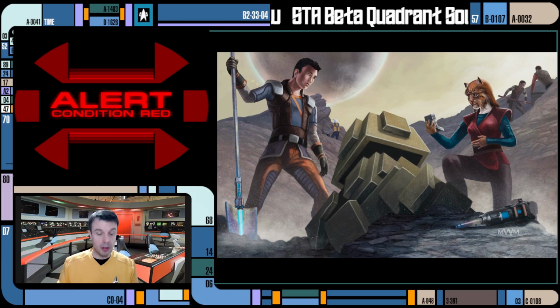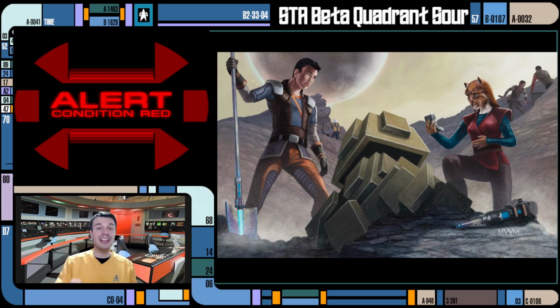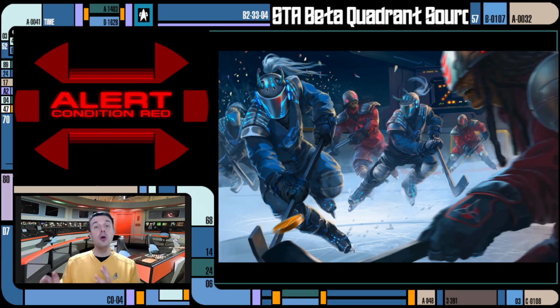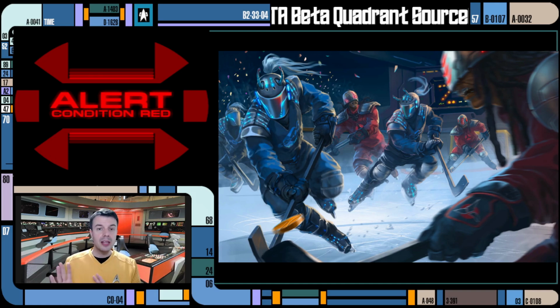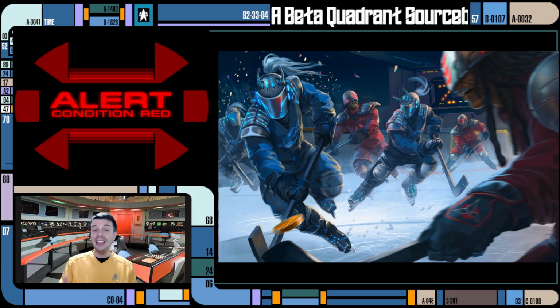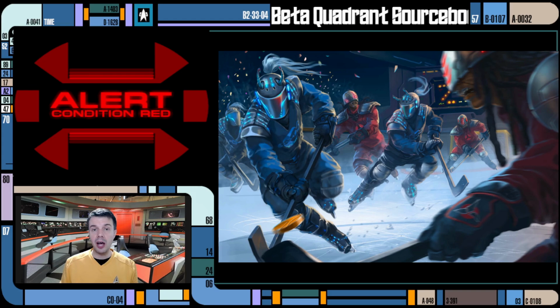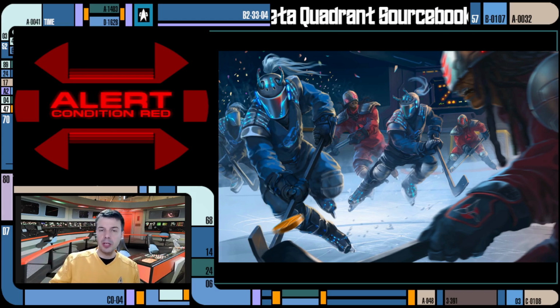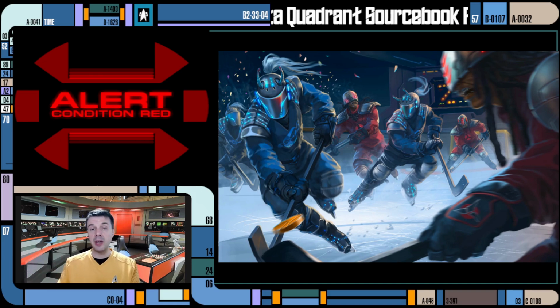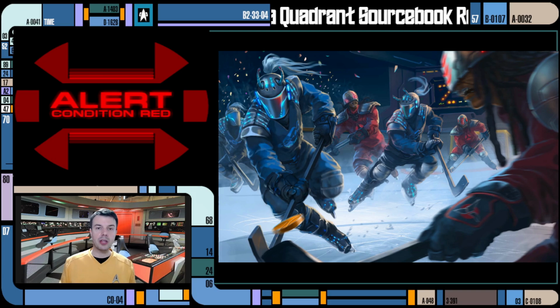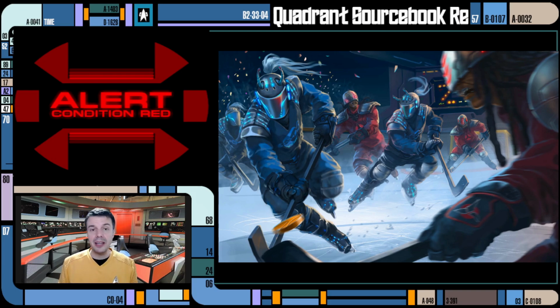There are a ton of in-universe sidebars, which of course appear through all of the different source books that Modiphius has put out, but in these early books especially, they go very heavy. There's a lot of those personal logs, transmissions, communications, in-universe written sidebars from the perspective of a character in the Star Trek universe. And I really love it because